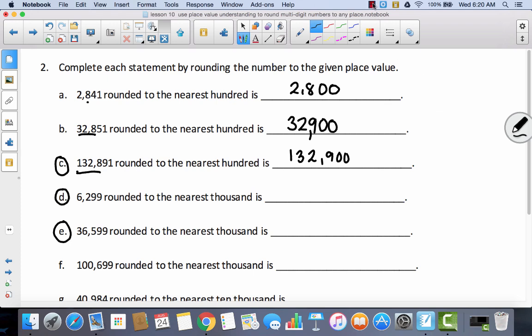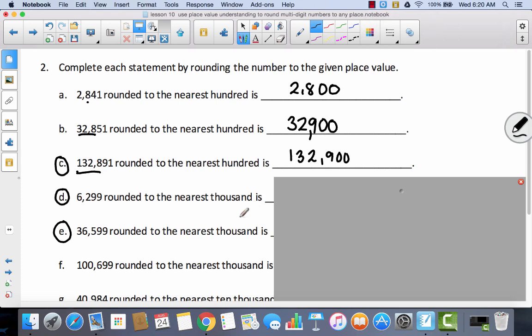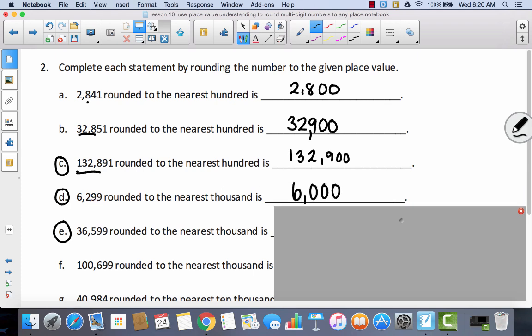So pause the video and try both of those problems by yourself. Okay, so let's take a look at D. So there are 6,000s and 6,299. So this number comes between 6,000 and 7,000. Well, the 2 tells me that it's less than halfway to 7,000, so that means that it rounds down to